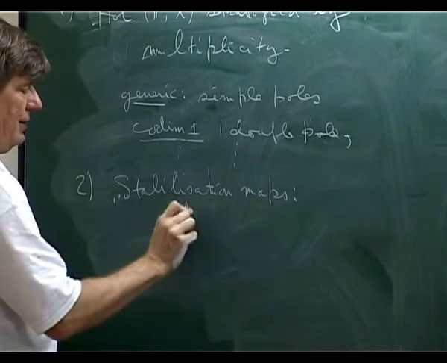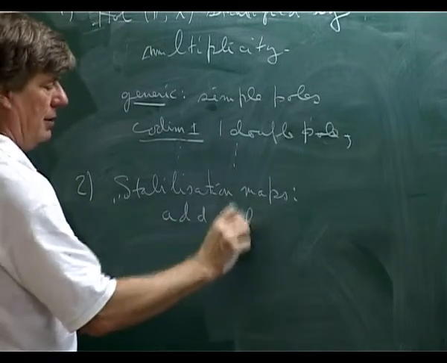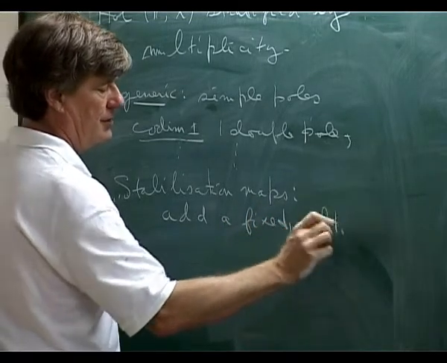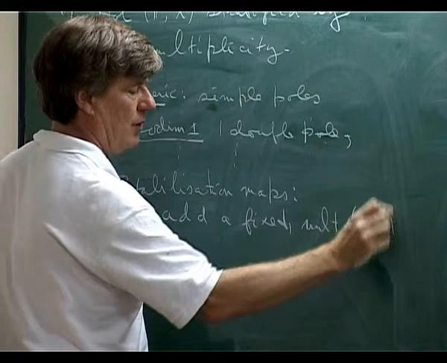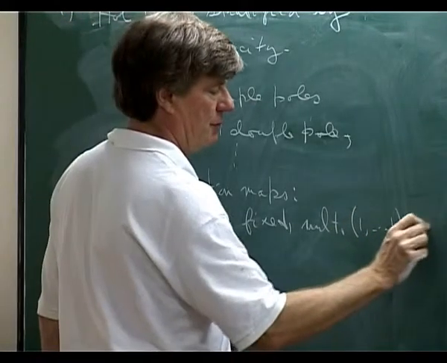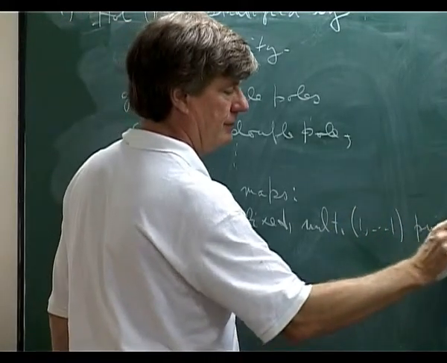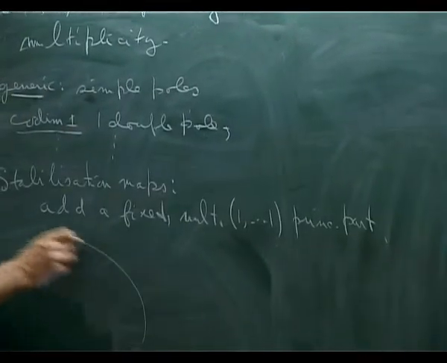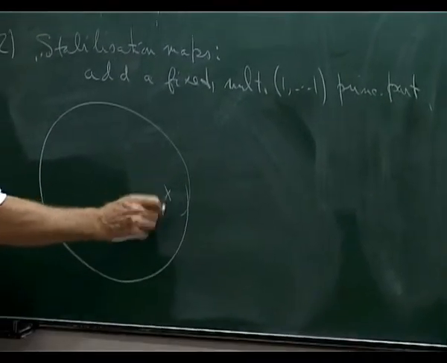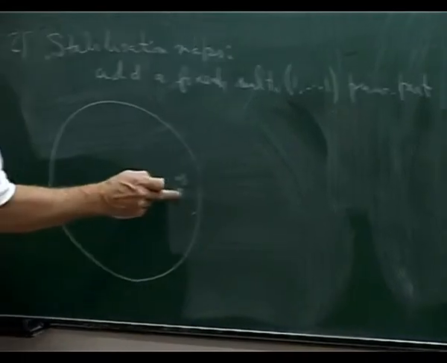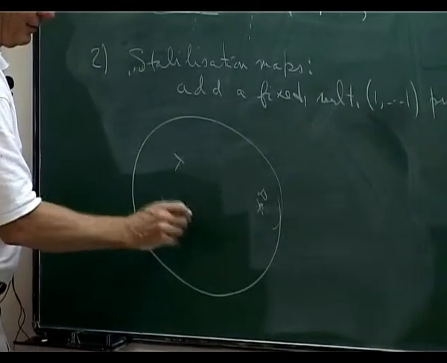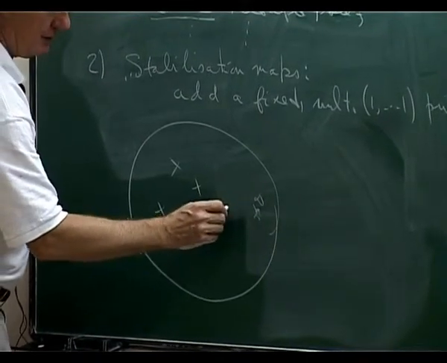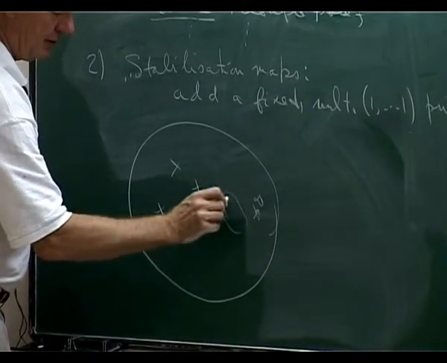Where you just add a fixed multiplicity, well, I'll just put one principal part. Okay, so here's your base point, here's infinity. You don't have any principal parts here. You've got a cloud of them out here. So there's none around infinity, so there's a well-defined space to put in